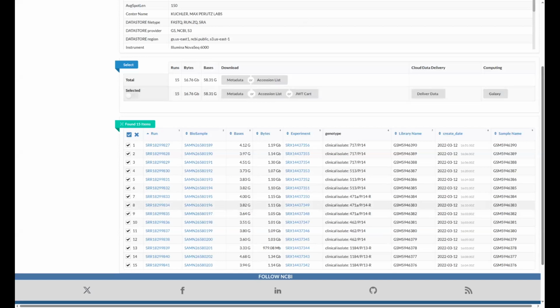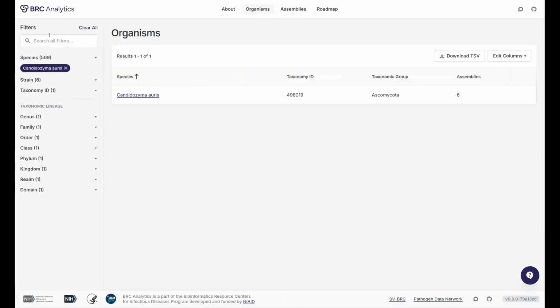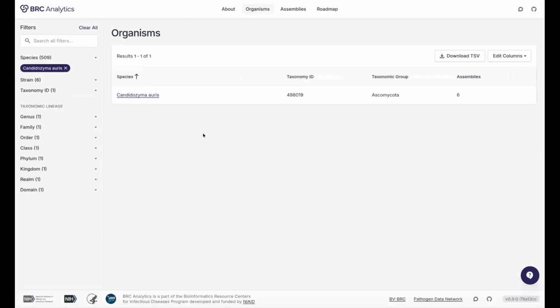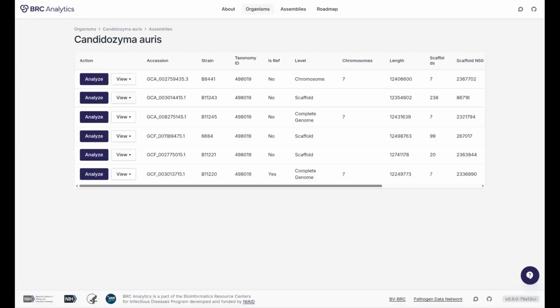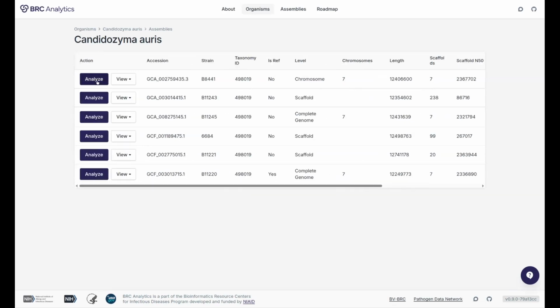Normally, here's how you would be able to do this kind of analysis via BRC Analytics. You would start at the BRC Analytics site. You would select, well, I already have ours. Again, I read the paper and the analysis that they've done against B8441, and it's a decent genome. It's not the reference, but it's actually in good shape, and some of its stats are better than the reference. So this time I'm going to click the Analyze button,